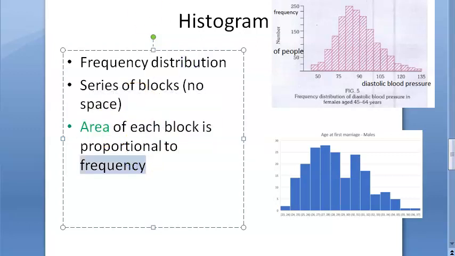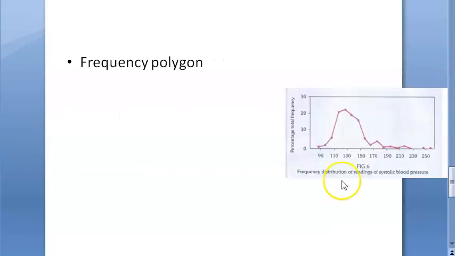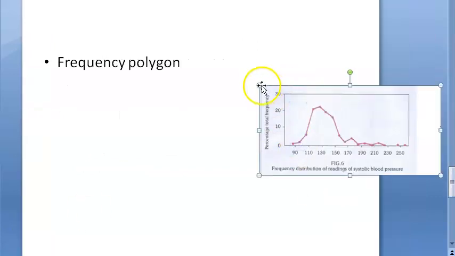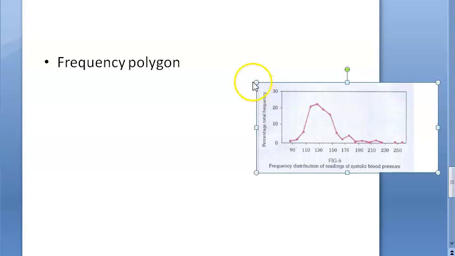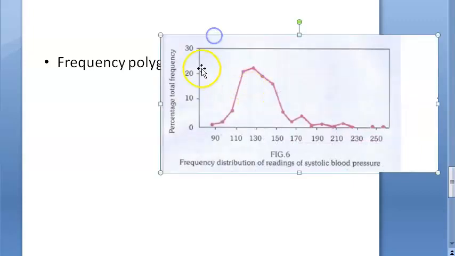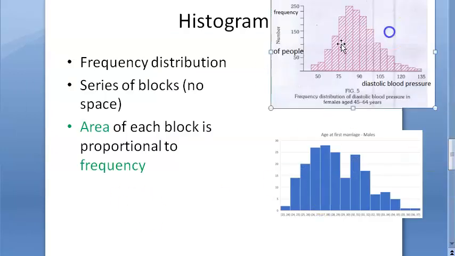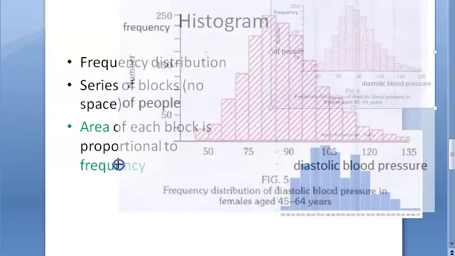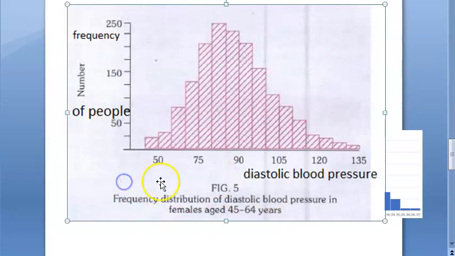To the frequency. Okay. See, frequency polygon means nothing great. Just join the midpoints of all the frequencies in the histogram. You'll get a frequency polygon. Let's try. So let's take this one. We want to draw a frequency polygon. So what we will do, we will join all the midpoints of the histogram. Okay. Wait, let's join.